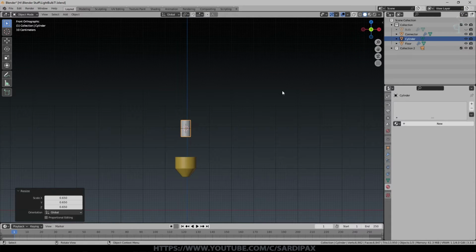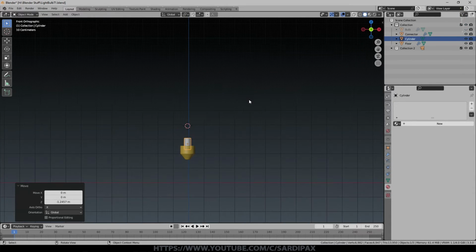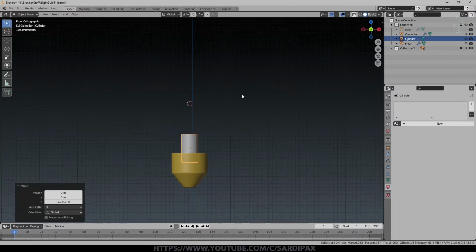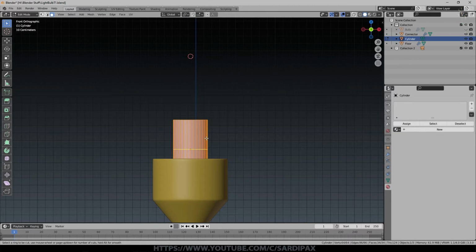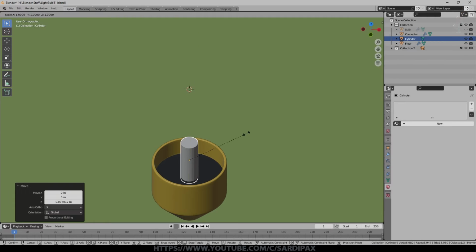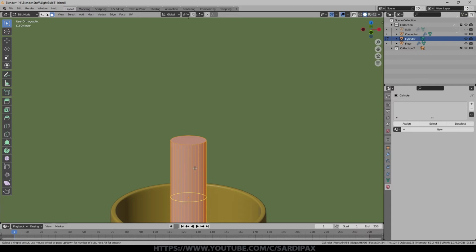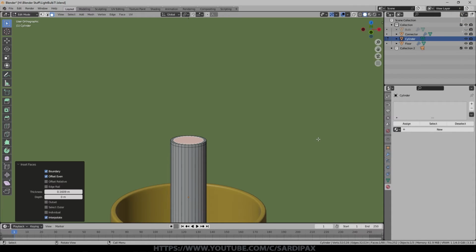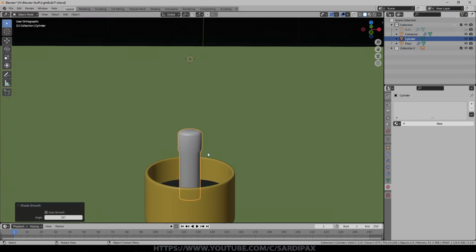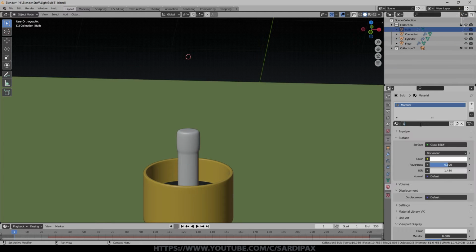I did use some reference. I had a photo of a bulb in the background and just sort of copied that. But I think as long as you get the main features, you're not going to go far wrong. I noticed it was quite flattened as well, and there was some moulding around it as well, but again, I'm not going to do too much modelling here. Don't know that it's that interesting watching me do that. And we'll give that the glass material as well, which we'll call glass.